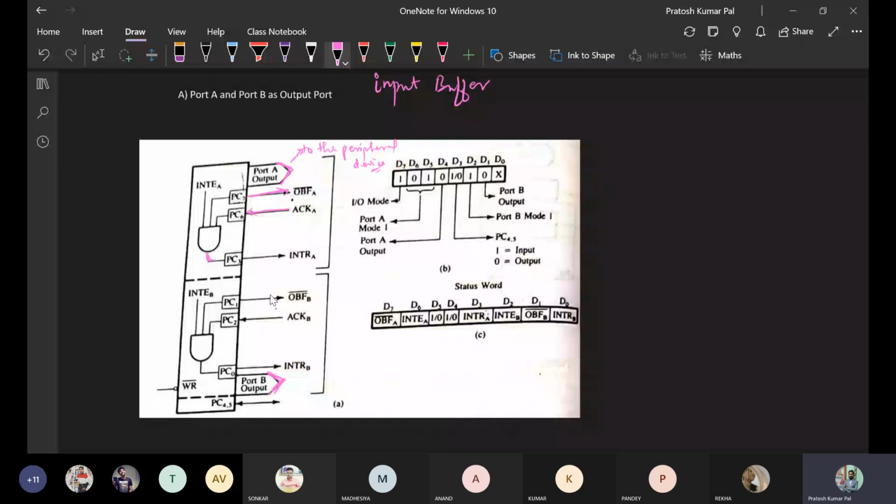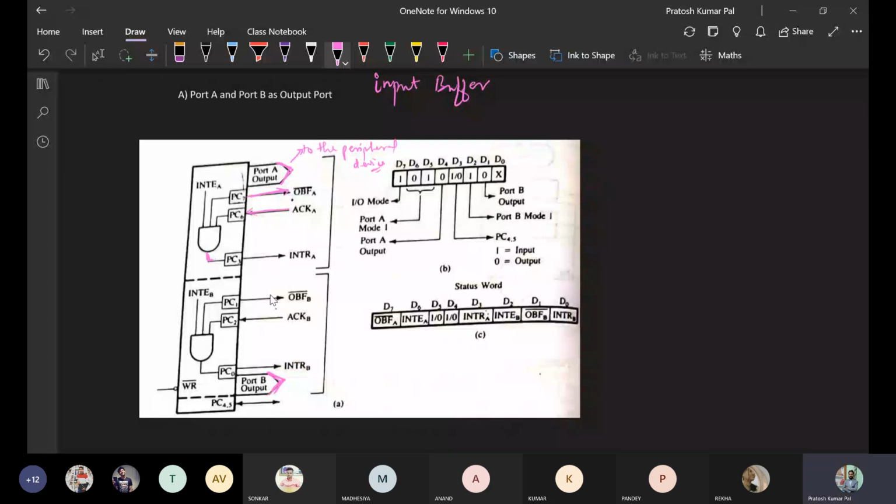Once this INTR is activated, it means the first data is completed and the next data is to be sent to the output device, that is the peripheral device.